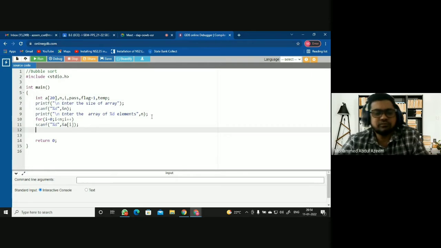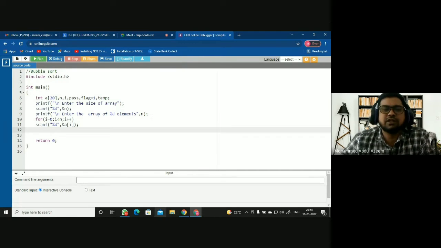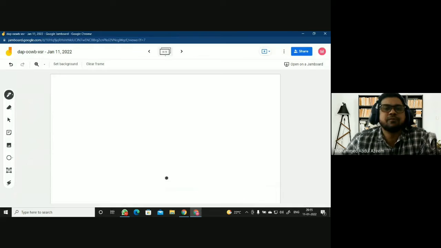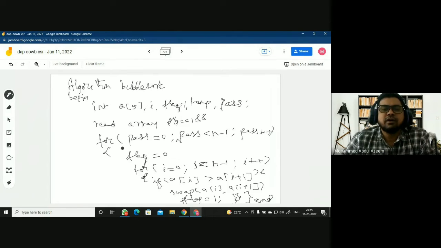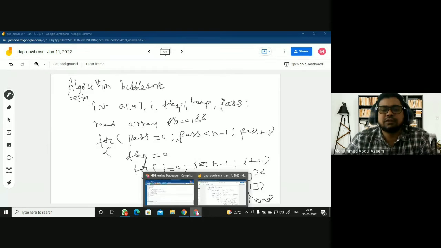And now the logic starts. What is the logic here? You can just look at the logic. See, this is the logic. The outer loop is restricting and allowing the passes, and the inside loop is doing the pass. So in a pass, what will you do? You will compare the previous element with the next element. If the previous element is greater than the next, you will be swapping it. Okay, if any exchange is required, then a further pass is required. So flag is going to help us to allow for the next pass or to restrict the next pass, right?